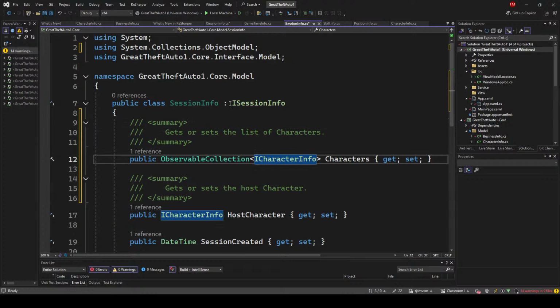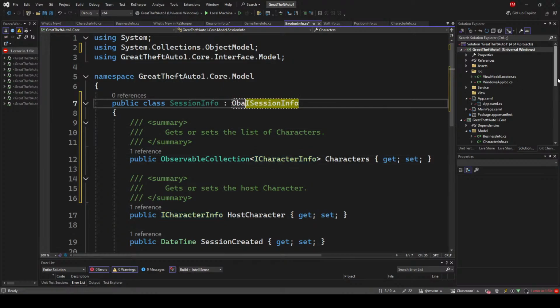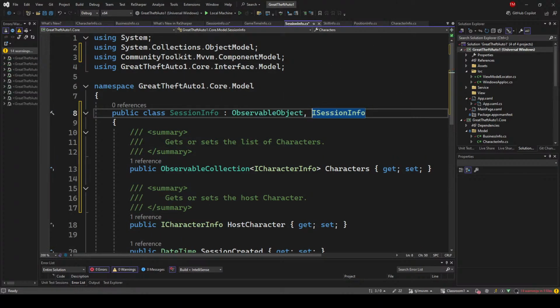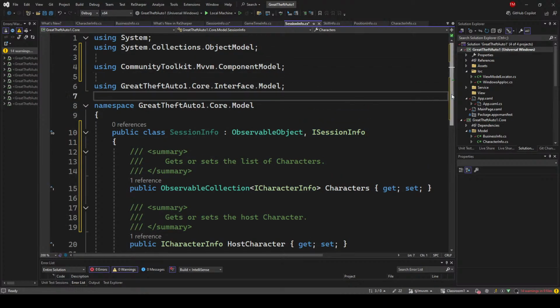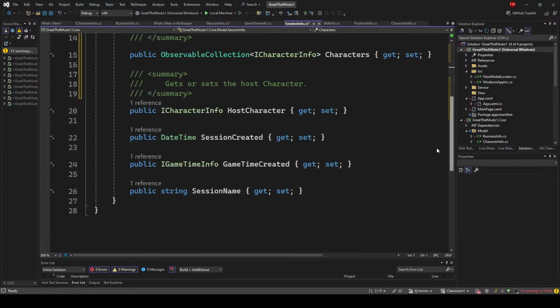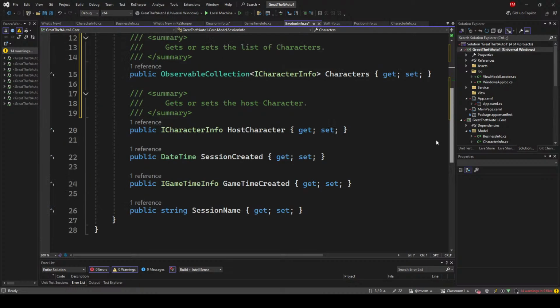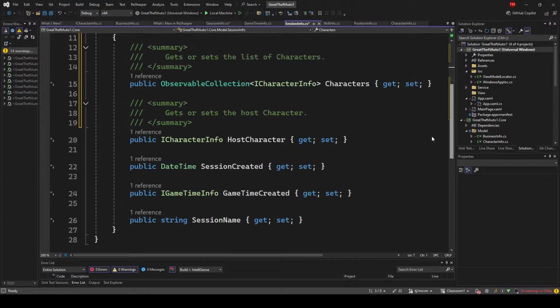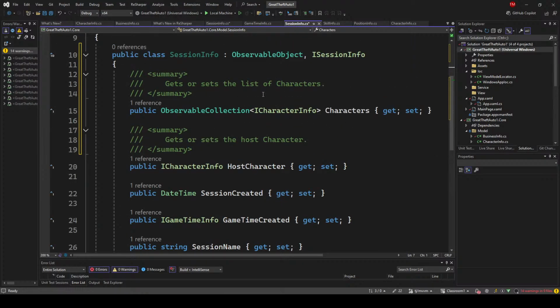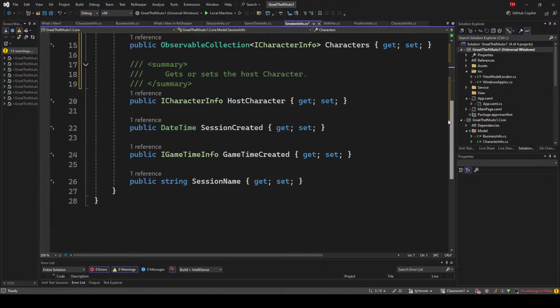So we're also going to add observable object. Let's go ahead and separate our usings. So this will give us a list of